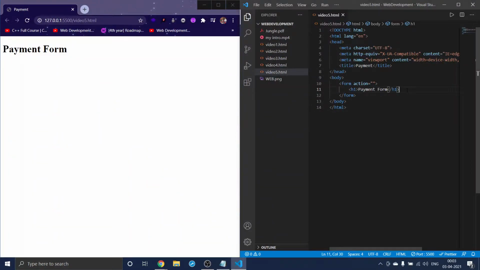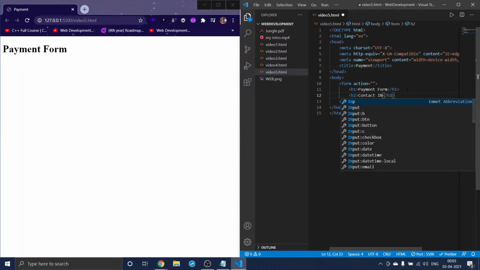So we are done with the payment form heading, and I will give another heading which is contact information. We'll be making a payment form, right? So for that we need contact information. So I'll give a heading contact information,